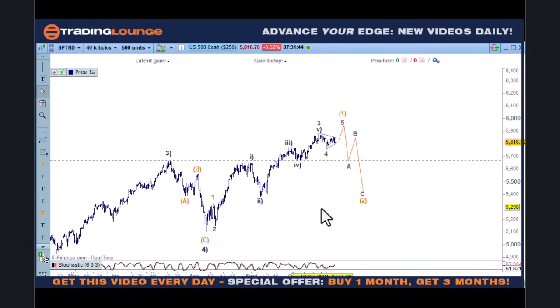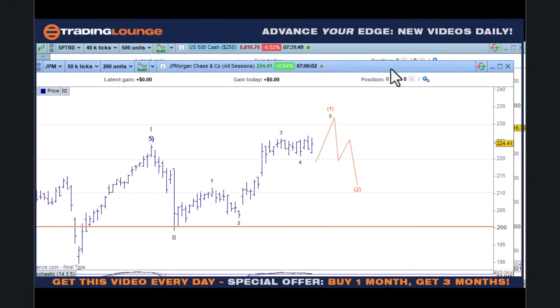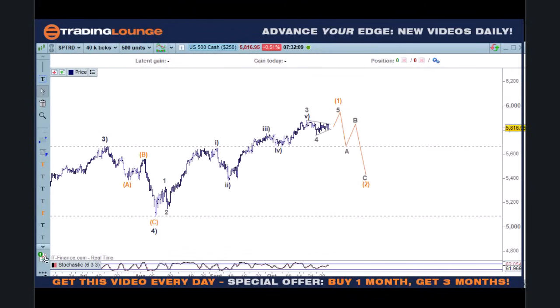So looking at it like this here, having just come back to Morgan's here, just having this 1, 2, 3, 4 and 5 coming up here, having a wave 4 here. Now we can see, partly because of earnings, partly because of the elections, and we've also got the Fed's meeting coming up on pretty much the same day, before or after the elections as well. So there's a fair bit going on here,